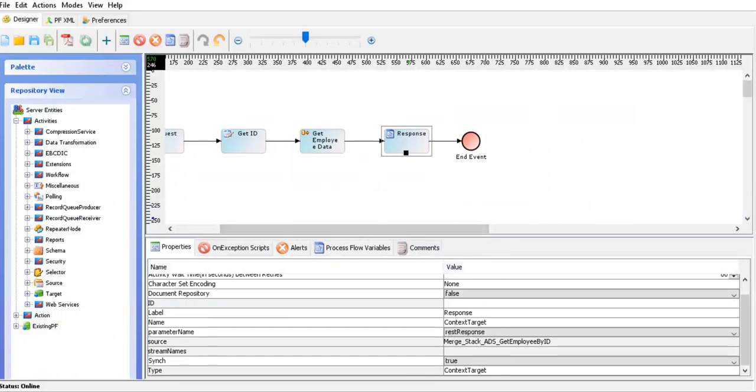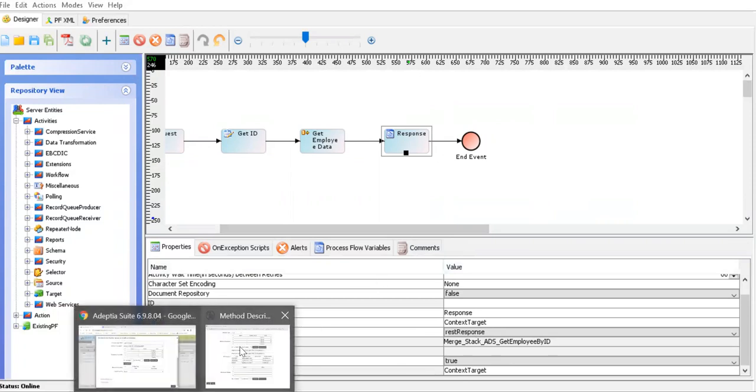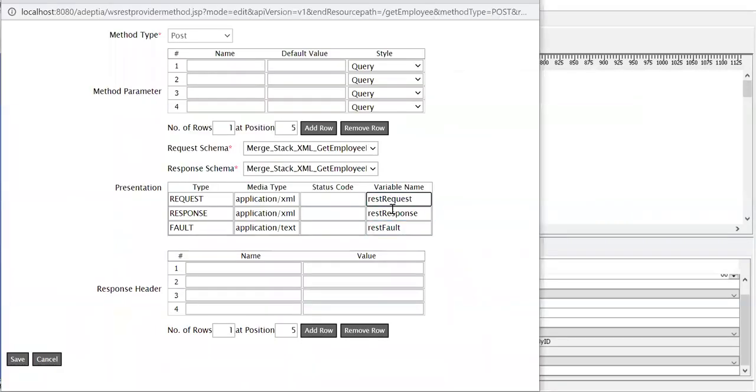These two variables are sitting here, REST request and REST response. We are forcing the request to be XML, and the response will also be XML. That's what we are mentioning here.